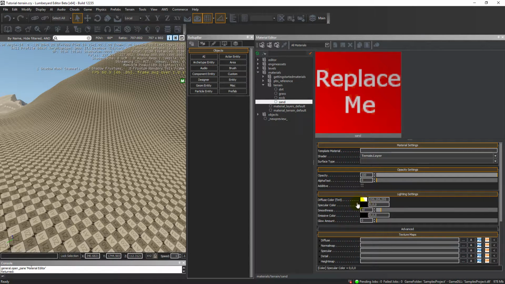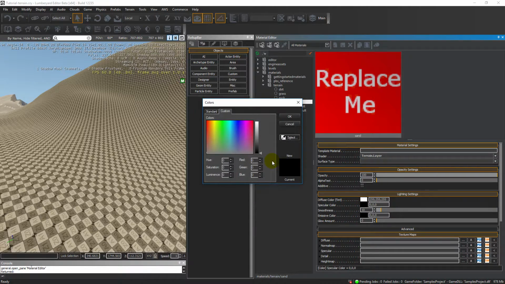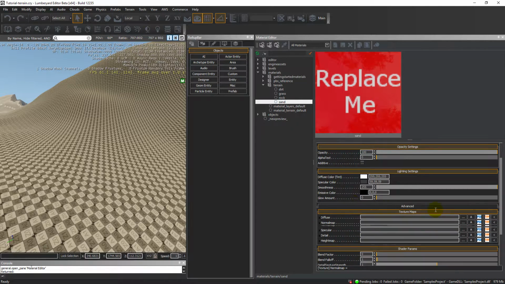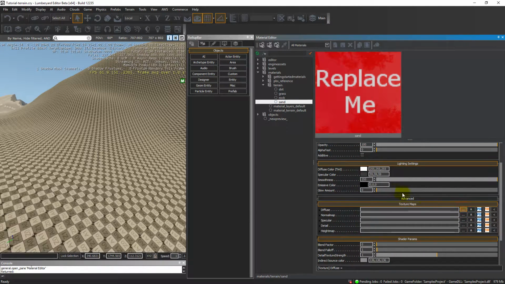Now with albedo, or generally with the PBS workflow, you will have to leave the diffuse tint to white, put the specular color to something between 85 gray and 61 gray, depending on what looks best. Smoothness has to be 255, otherwise your gloss map won't work. And inside the diffuse map slot, we're going to